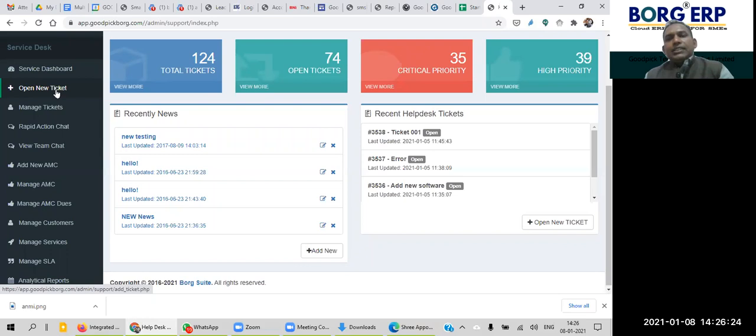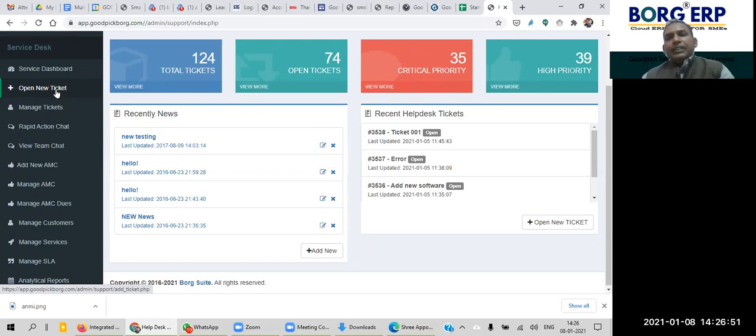If any organization has thousands or lakhs of customers, it can give the login dashboard to its customers without any charges. Number one. Of course, we recommend that the company give or share the user ID and password with the customer, so that they can open a ticket, update the ticket, or track the ticket.